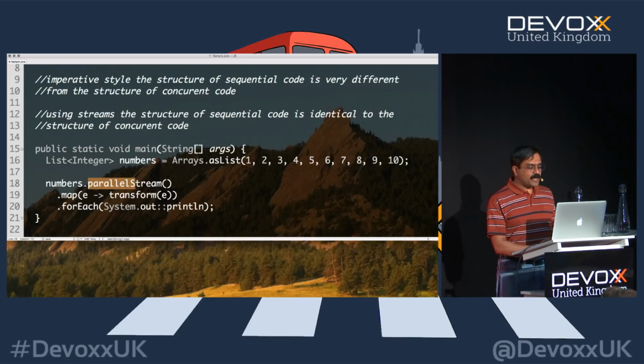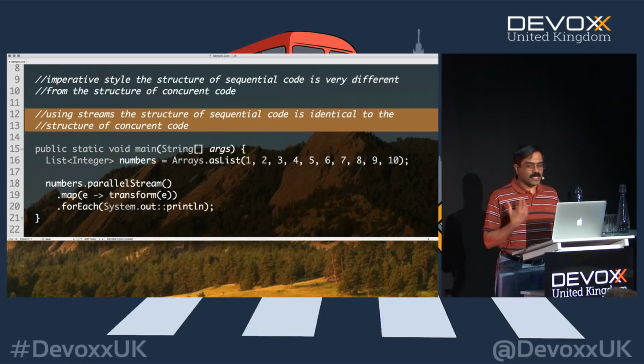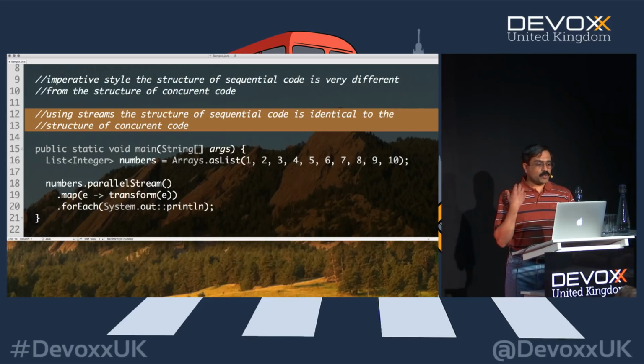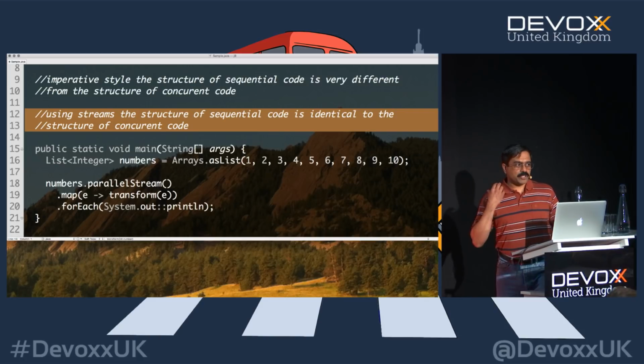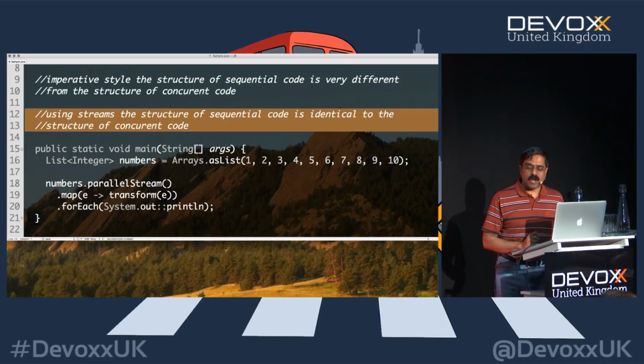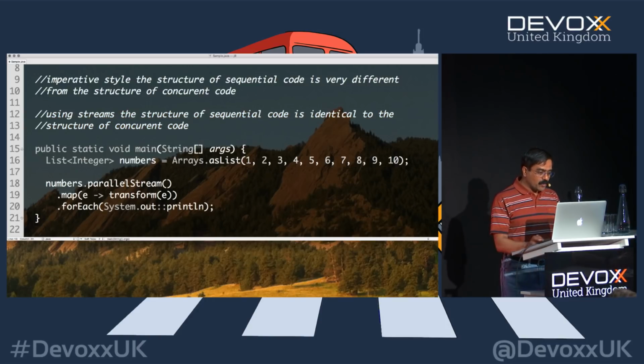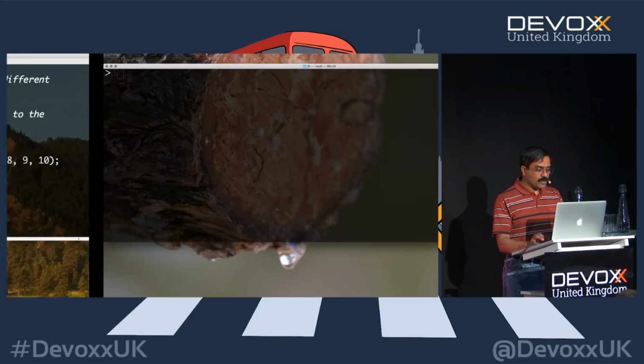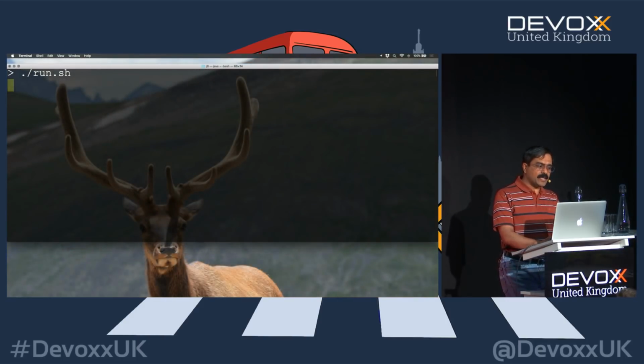So one of the biggest benefits, like I said, I cannot underestimate this, is truly phenomenal. And that is when you use streams, the structure of sequential code is identical to the structure of concurrent code, and there is a huge merit to it. Because then truly concurrency becomes the master switch, where by a little toggle of a switch, you can get concurrency out of it. Now, this is one way to execute it. As you can see in this particular example, running it sequentially, it's running one at a time, as we can see right there.